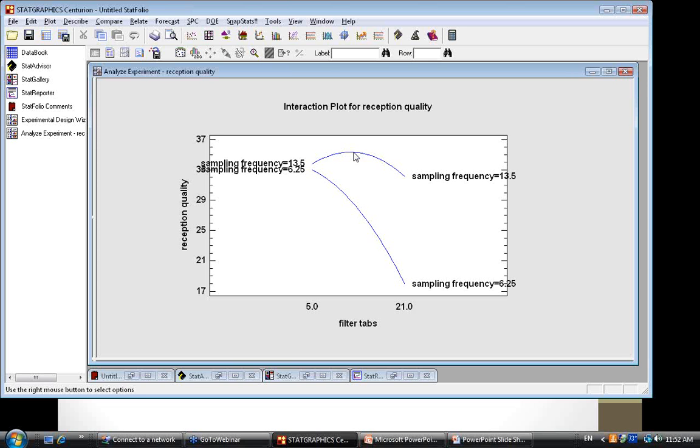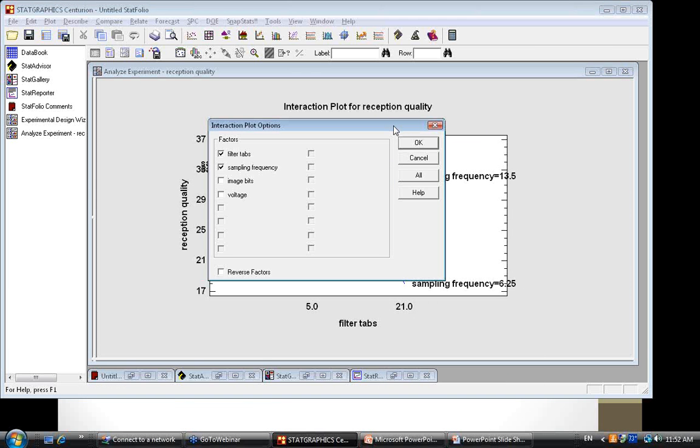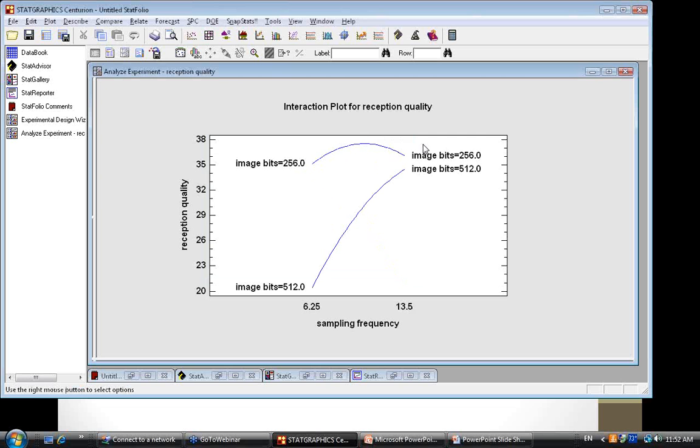However, the goal here is not only to maximize the reception quality, but also to find a location in the controllable factors, a value of filter tabs and sampling frequency, where the noise doesn't have a big impact. And you can see that pretty nicely if you press the right mouse button, go to Pane Options, and plot, instead of both process variables, perhaps sampling frequency and image bits, BC, which is one of the very large interactions. What this will show you is that the reception quality